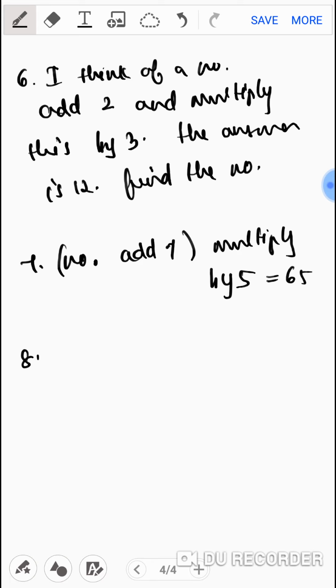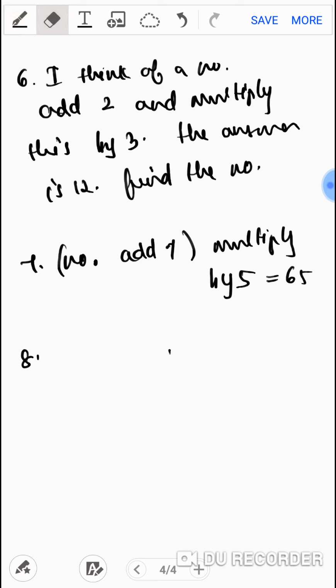I have 5 full boxes of counters and 8 counters left over. There are 68 counters altogether. How many are there in each box? So we don't have how many counters are there in each box. So let the number of counters